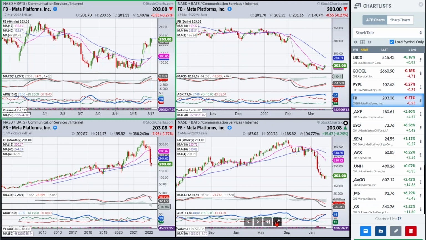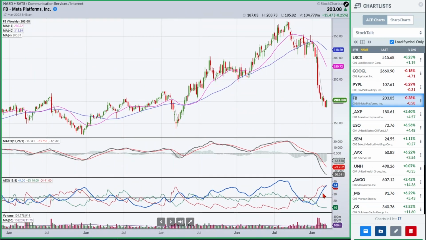Now because this ADX is rising, you see how this is strongly rising? It's a little bit different than what was going on with PayPal. PayPal's was starting to kind of curl over. This is still rising pretty strongly. So you want to be nimble in this. If you're going to trade this, trade it for a small move that makes sense.